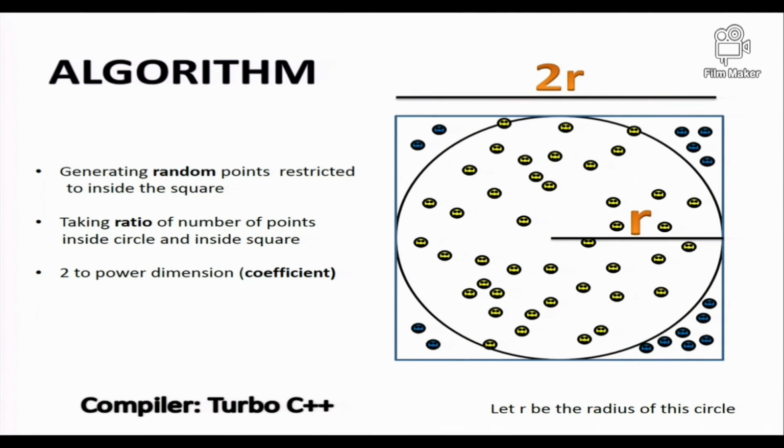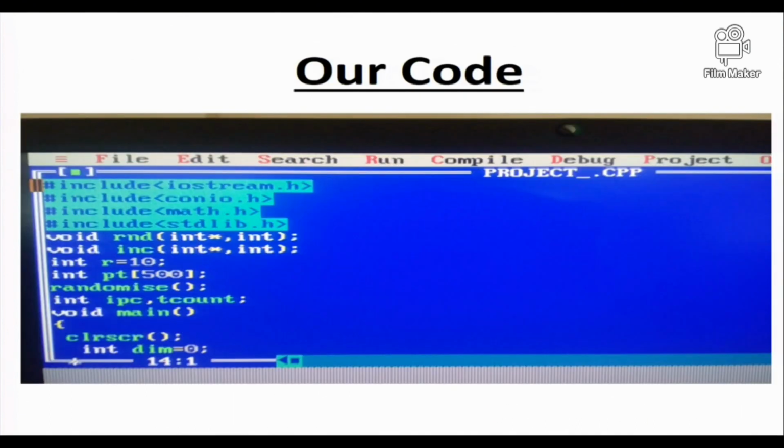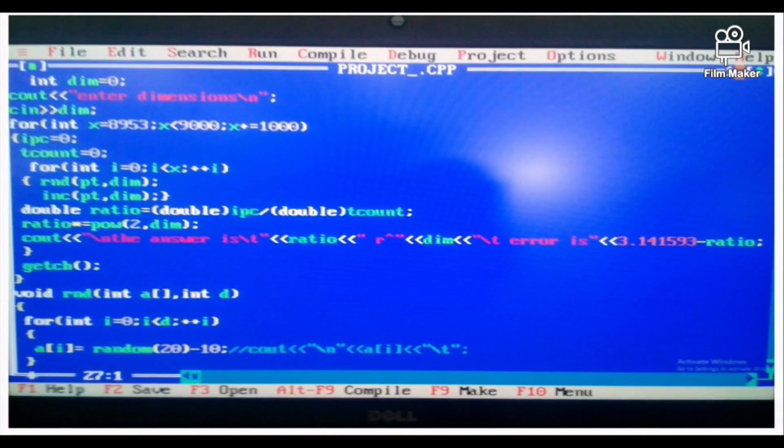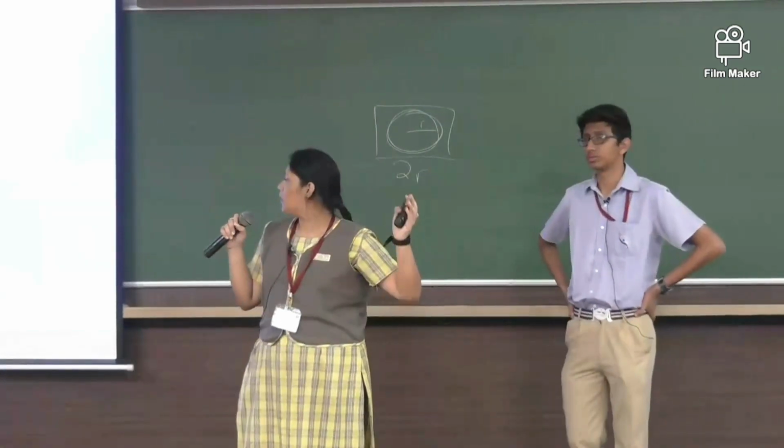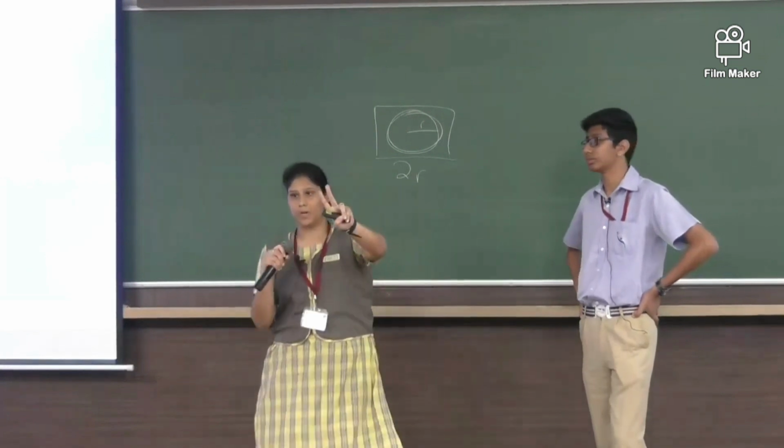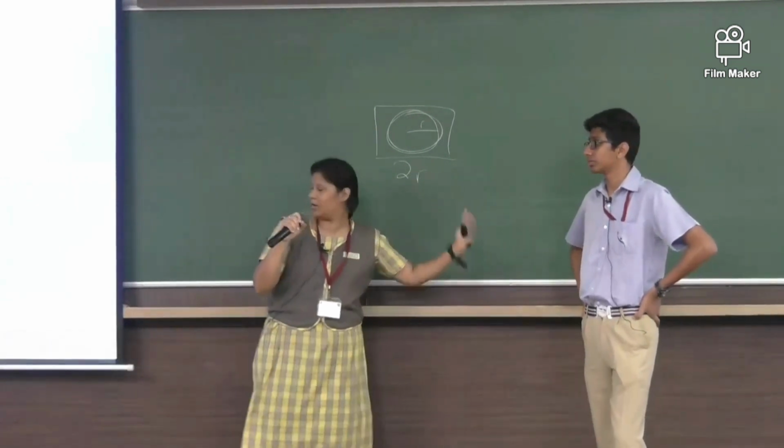This is only the coefficient, this is not the r to the power of the dimension. For that, we printed it directly, r to the power of the dimension, just for simplicity's sake. I'm not going to go line by line. I'm going to tell you what the functions mean and what the two important functions are. Just a couple of functions and you're done.